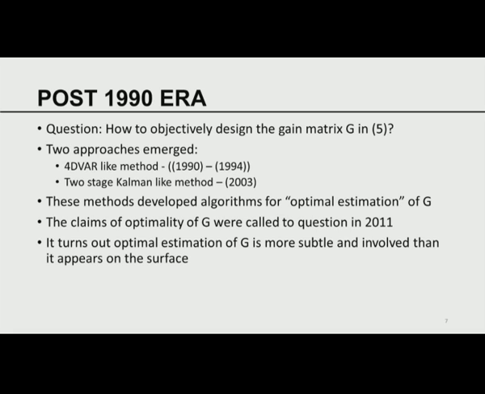But as the theory of 4D-Var was well developed, as the theory of optimal methodology was very well understood, the notion of being able to estimate the optimal state and the theory behind the strong constraint formulation, weak constraint formulation was well understood. Around the turn of 1990, the emphasis shifted towards trying to objectively design the gain matrix